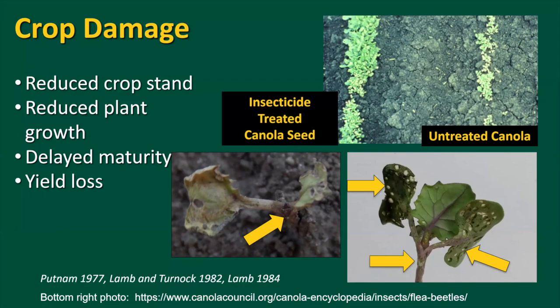They have chewing mouth parts and they make pits, and these pits can coalesce into holes in the leaves, and they feed both on the upper surface as well as the lower surface of the leaf. And the striped flea beetle has been shown to actually feed on the stems. You can see the notch in the stem in the lower arrow, and that can actually kill the plant,